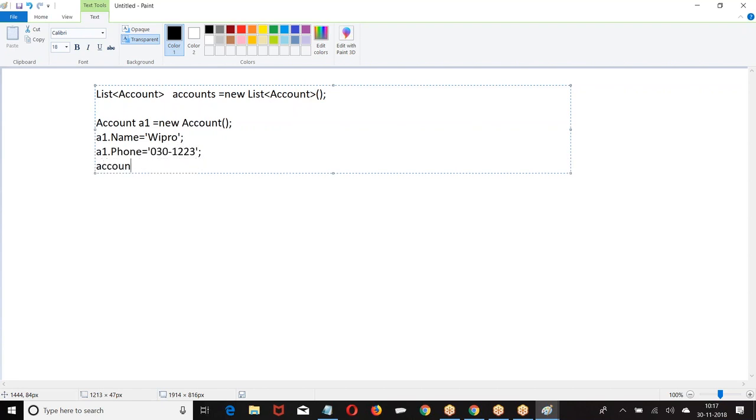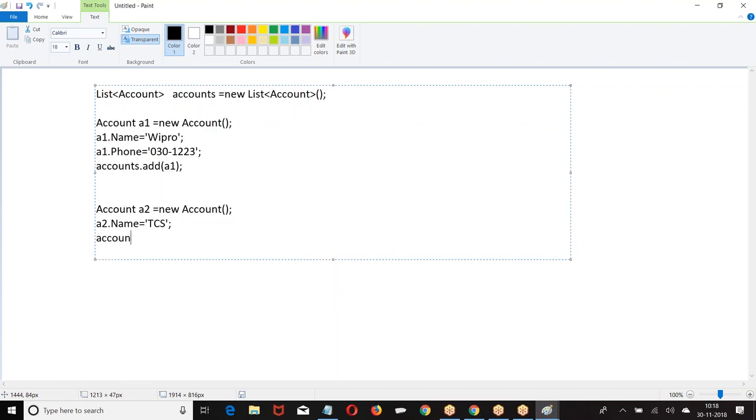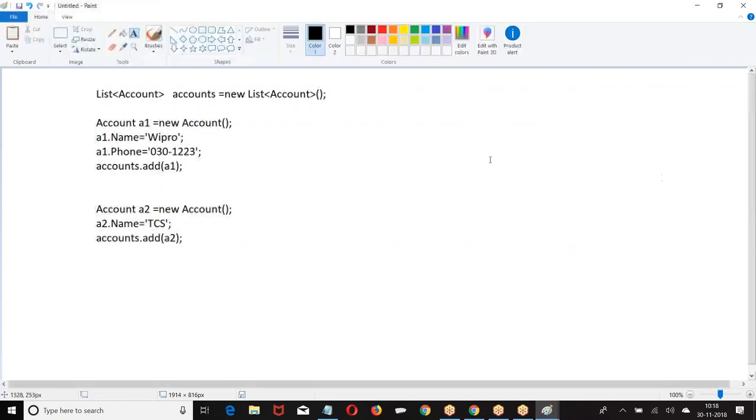Then you are putting accounts dot add A1. Again, are we adding the same accounts dot add A1? No, right? What we do for the second account, if you want, is create a new one and then add it. Am I right?